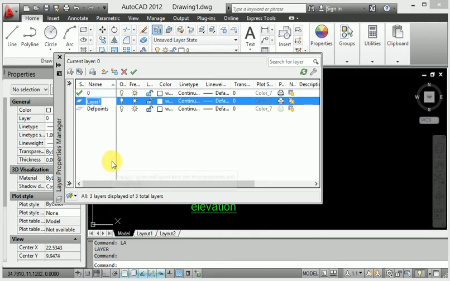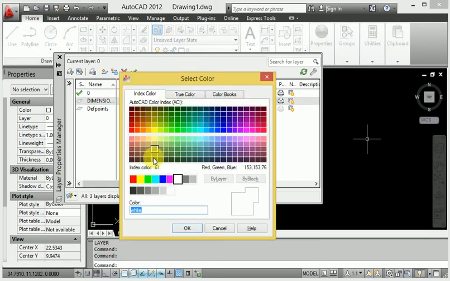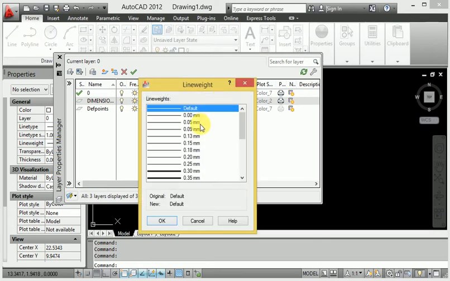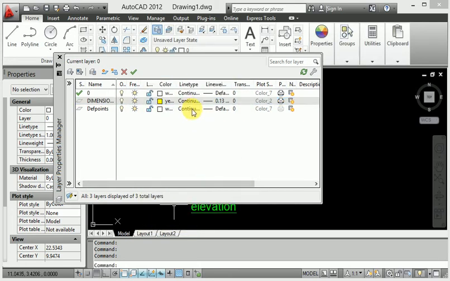Now write dimension line. This is called dimension line. Then I want to change the color for dimension, so you provide the dimension color here. If I change the thickness for dimension, you go to dimension thickness.